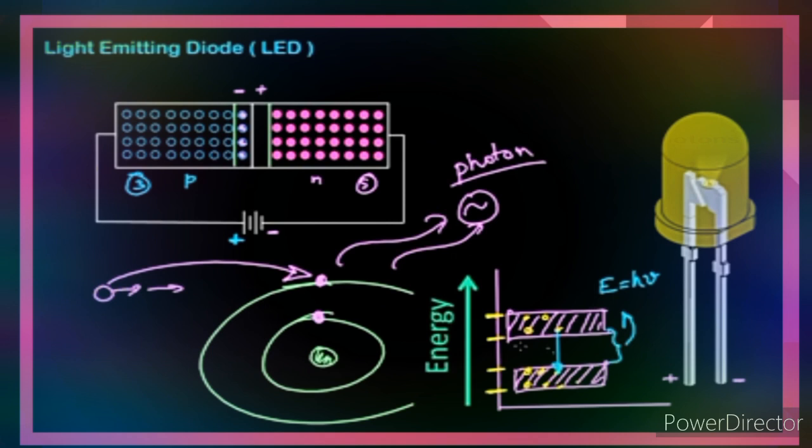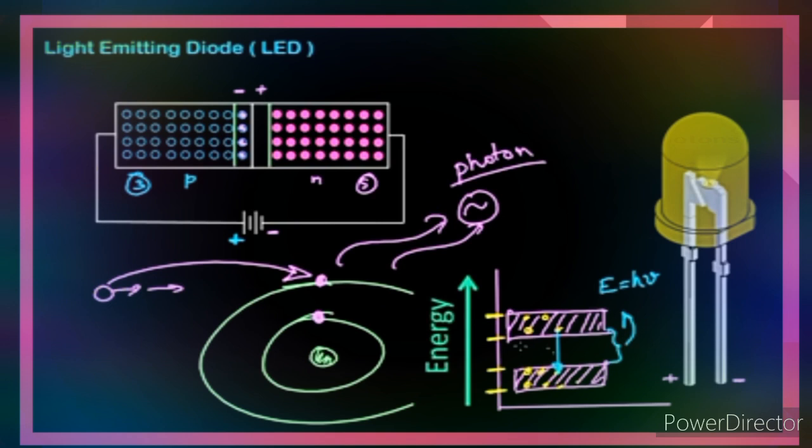When a light emitting diode is in reverse bias condition, free electrons, the majority carriers from the N side, and holes, the majority carriers from the P side, move away from the junction. As a result, the width of the depletion region increases and no recombination of charge carriers occurs. Thus, no light is produced. If the reverse bias voltage applied to the LED is highly increased, the device may also be damaged.